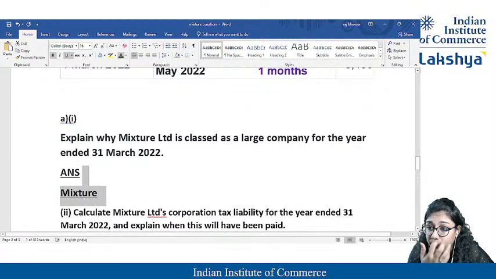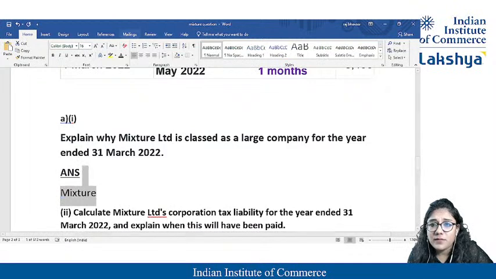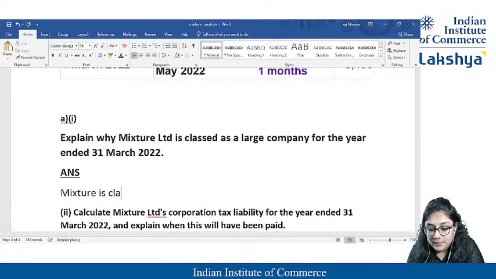Now I'll not put that underline, and now I'll not make it bold also. Everything is to be written comfortably. And obviously black color is my favorite because it doesn't change its color. Mixture Limited is, students, this way you all have to write it, classified as a large company because